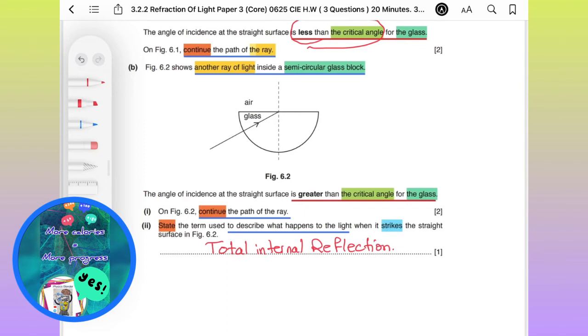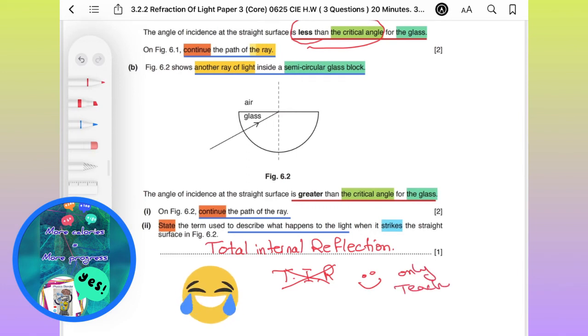Okay, you have to write complete sentence, scientific terminology, and please don't write only the term total internal reflection. Okay guys, only teachers do this. Only teachers. Okay,